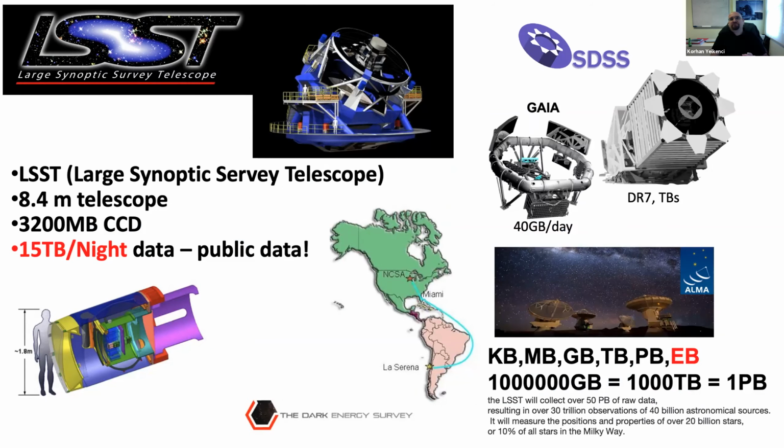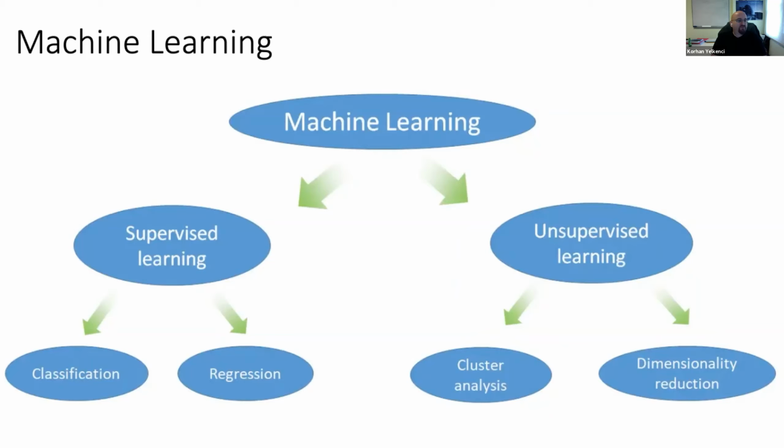Okay, so from today's data astronomy point of view, we should have those kinds of tools to manipulate and manage data to do scientific research in the end. And the second powerful tool is machine learning. We can separate machine learning in very easy ways: supervised learning and unsupervised learning. What are they?